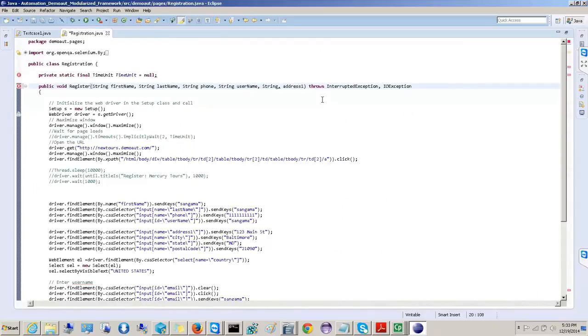So this is not the data driven approach. Still we are going with the modularized approach only, non data driven. After this we will go back to that. Address one. So then city, state,